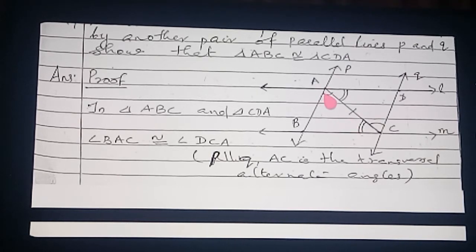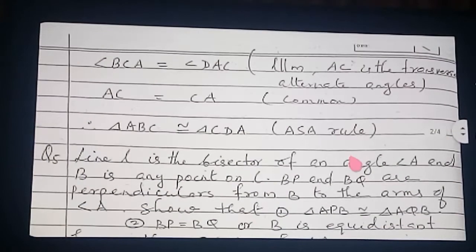Which result will you apply? A, S, A. Here properly, listen: angle, side, then angle coming. For this triangle also the same: angle, side, angle coming. So which theorem are we applying? ASA rule. We applied the ASA congruence rule. By the ASA congruence rule, what can you say? These two triangles are congruent. Okay?